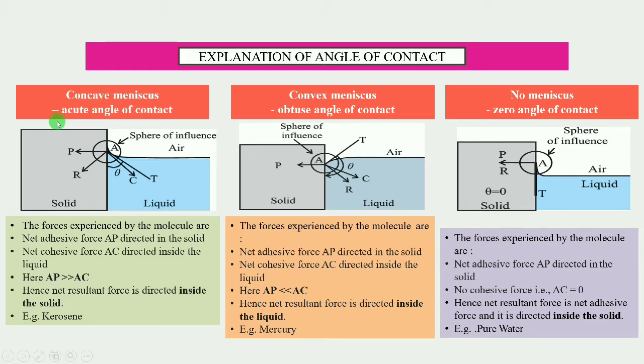Okay, if you want to touch the mercury, it will actually get repelled from you or any solid surface in contact. Okay, so first we are taking here the type of liquid which partially wets the solid. You can consider the example of kerosene and glass, or you can consider water and glass. Water means you will consider pure water, distilled water, undistilled water or tap water. Okay, so water and glass.